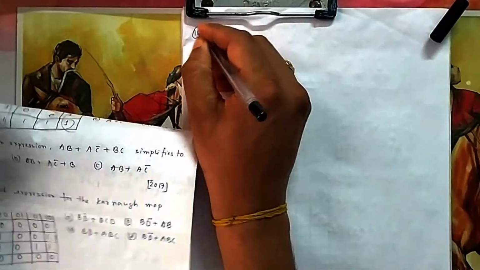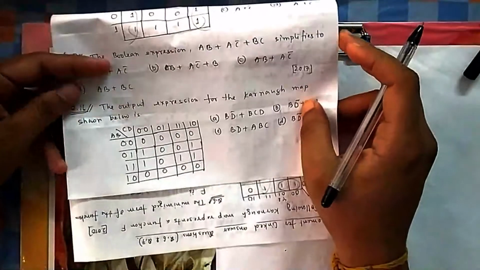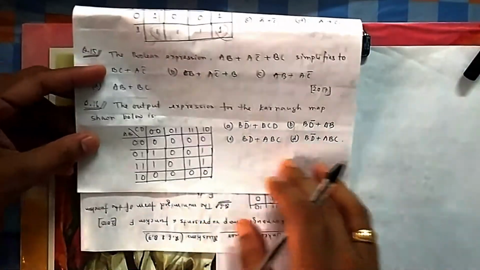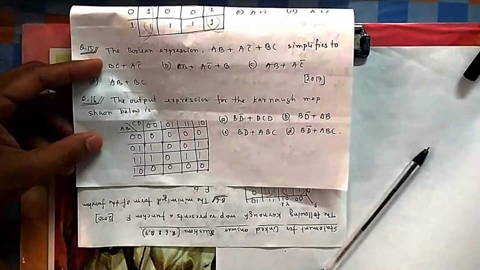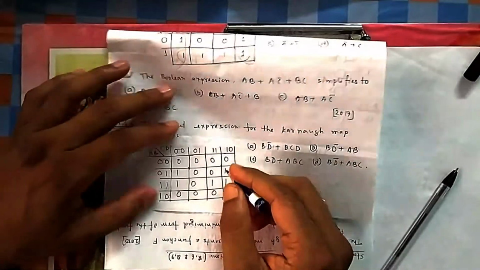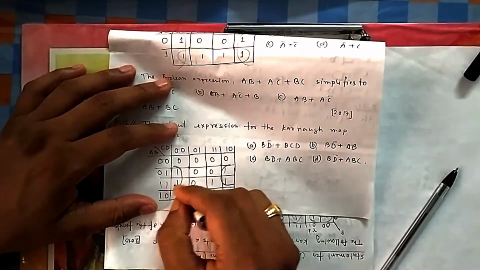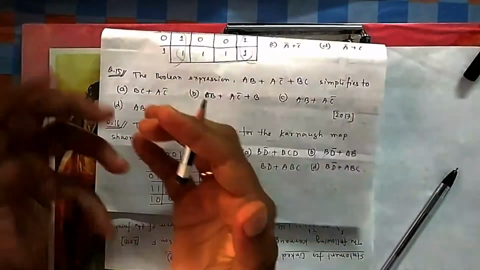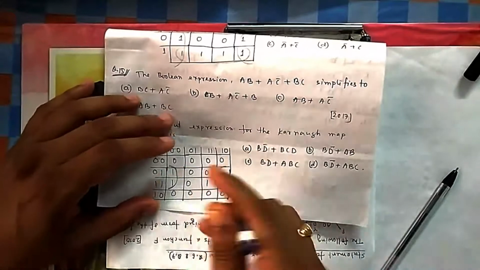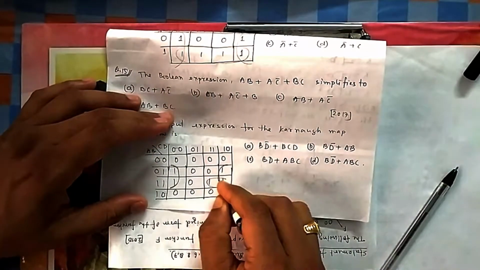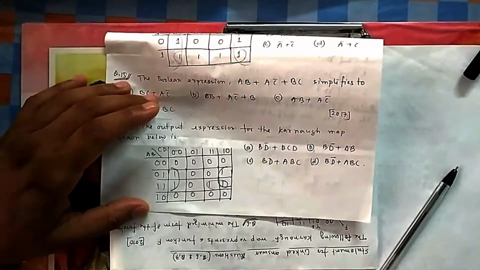Okay students, in question number 16 what they are asking is, the output expression of the Karnaugh map shown below. What will be the output expression? If you see the K-map here, you can find a quad here, taking this and taking this. Again I am mentioning, the K-map is not flat, it's a spherical surface, so everywhere it is connected from every side. And then you can take a pair of this to include that one. So this will be your output.